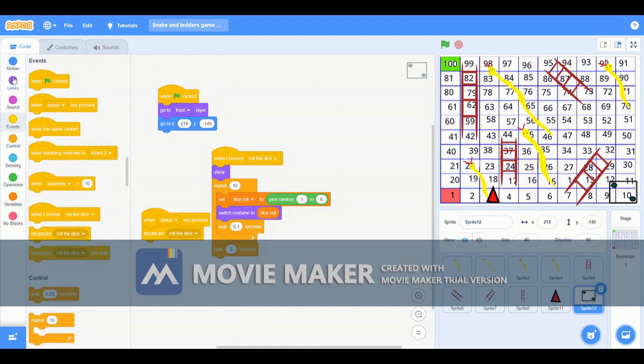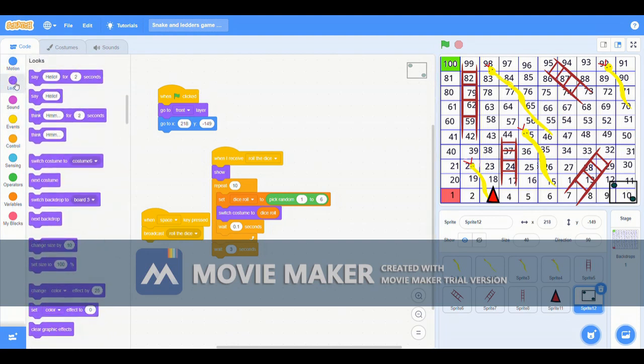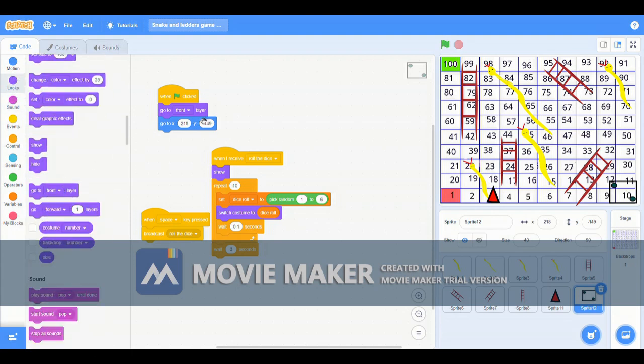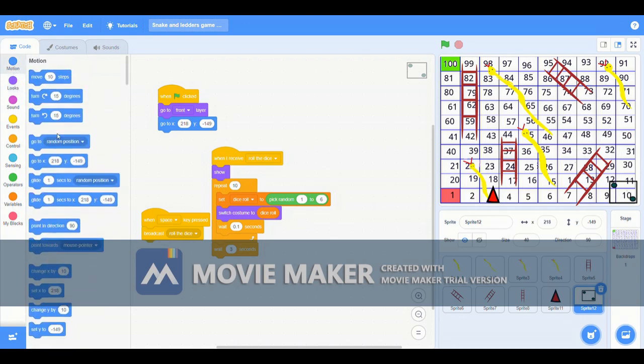So when the green flag is clicked, the same, go to front layer, and then go to x 18, and y minus 149. It is the position of the rolling dice which is here. So then when I receive roll the dice,